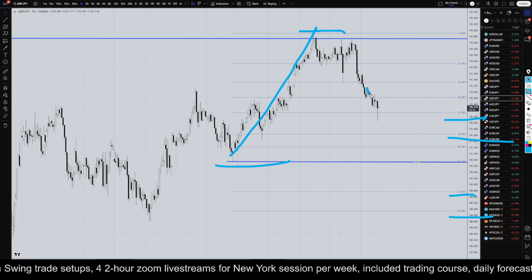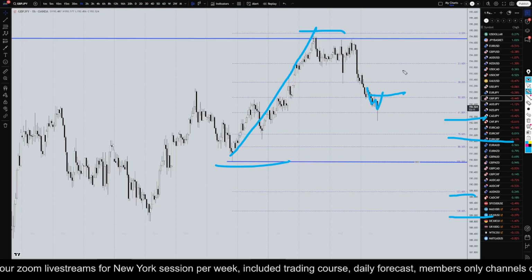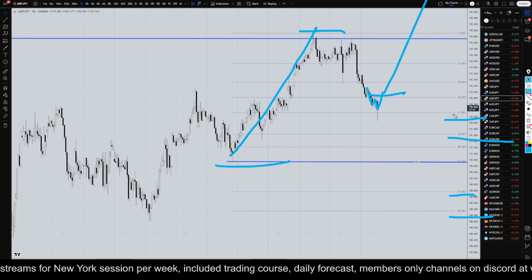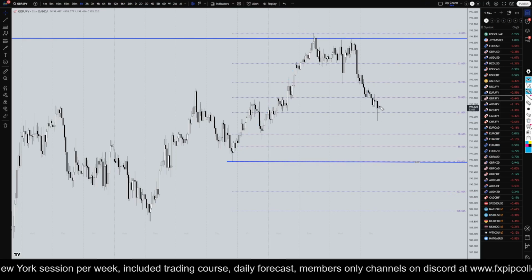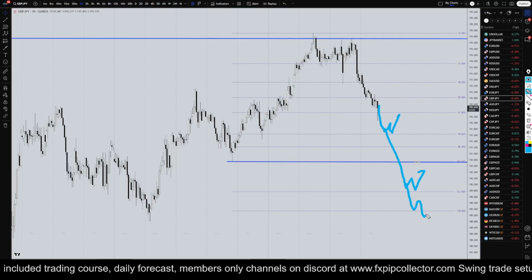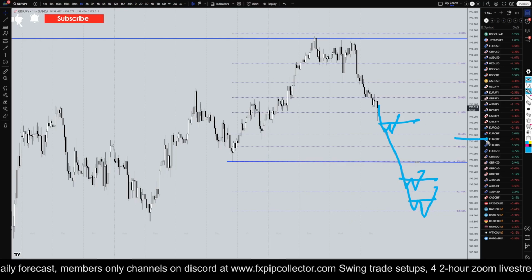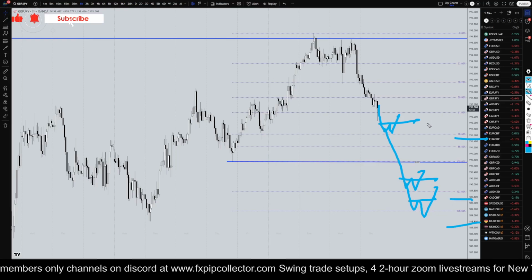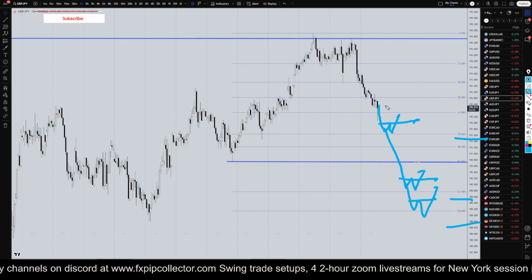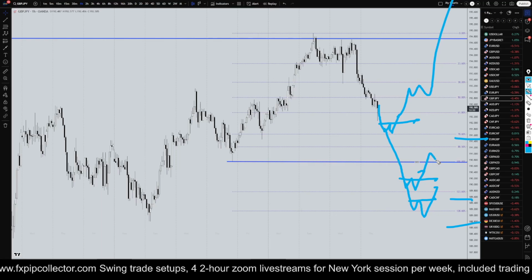But if we do get that little 3, 4, 5 shape, nice engulfing move up, nice break of structure, I definitely would take it as a long, whether it happens at the 61%, whether it goes down to the 78%, whether it goes down to the 123 or the 138, I really have no idea. I just know that if we pay attention to our fib levels and we pay attention to price and structure, when we see what we're looking for, we should be able to take action and go long, potentially for the